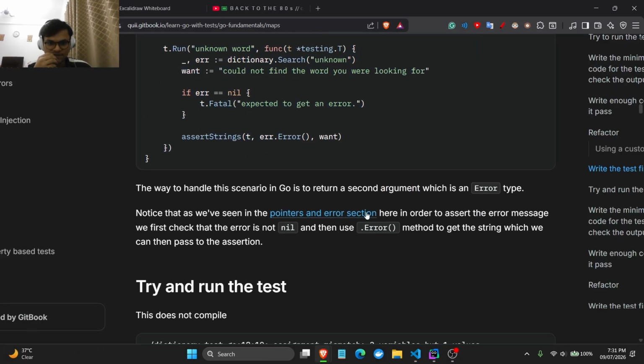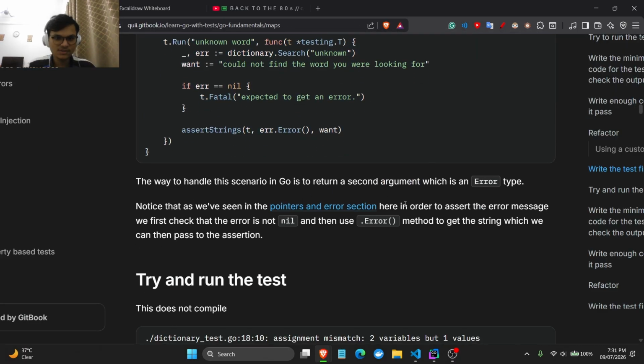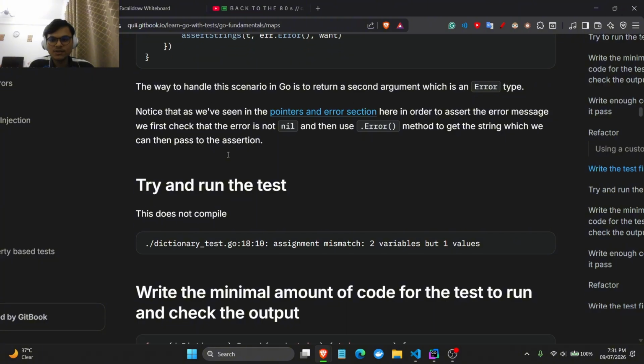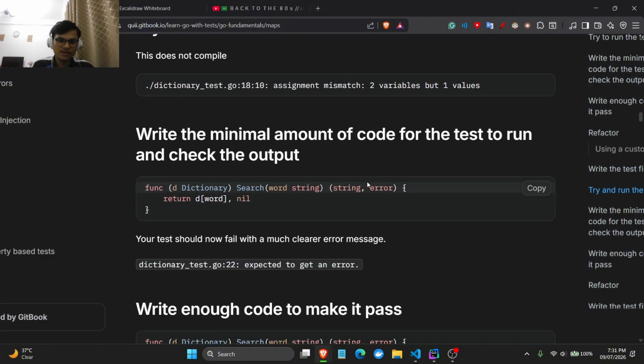Yeah, so return a second with an error type. Notice that we have seen the pointers, the hint in order to assert the error statement. We first check that the error is not null and then use the dot error method to get the string which can be passed. This does not compile the right way. So yeah, we pretty much,